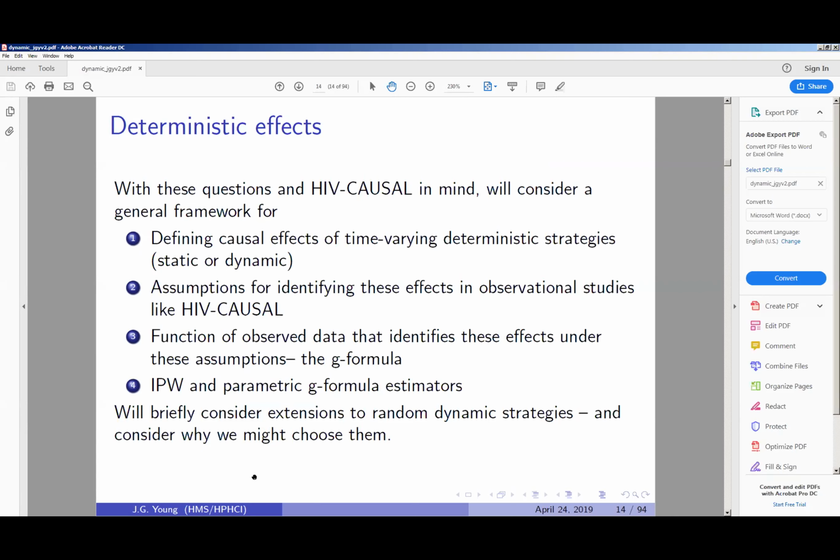So we're imagining that in our true study population, that from which HIV causal we can think of as a random sample comes from, that for every individual in that study population, there exists a counterfactual outcome under various possible treatment rules. We just simply don't observe all of them. We might get to observe one of them. So we say that this is an individual's counterfactual outcome associated with the rule G.